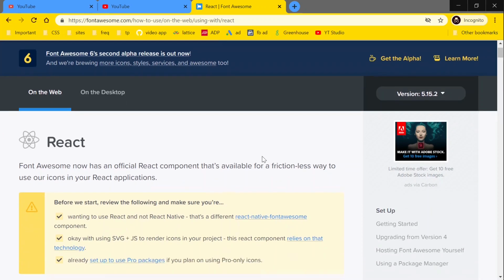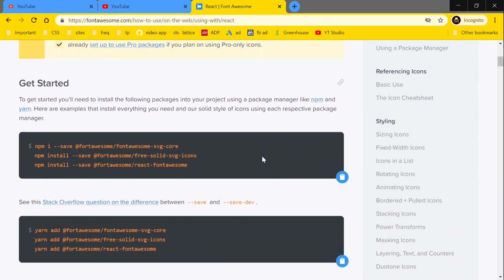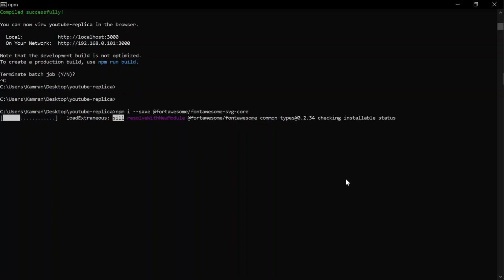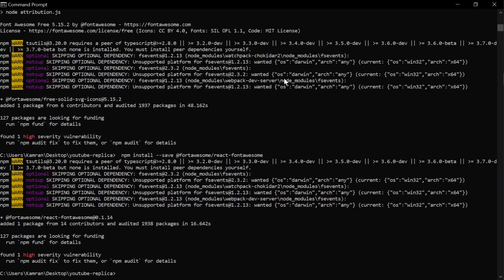So I'm going to use this, and to use this in our application we have to run these three commands, which I'm going to paste inside this description as well, so that you can use it directly. So copy these commands from here and run them inside your terminal. It will take some time to install all these dependencies. Once all dependencies have been installed, you can again run your project.